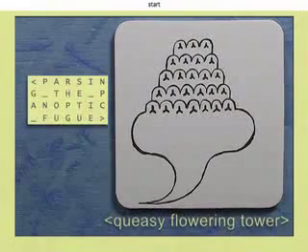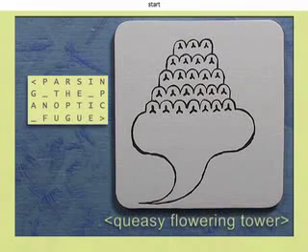Defying the laws of chaos apparent in the movement of fluids, the cloud manifests itself as an ordered structure for a flashing instant. This is called the queasy flowering tower. It's a strain to make an accurate description of its form from such a brief observation, but this schematic representation seems to come close. The cloud forms a balanced and stable tower founded on a row of 7 bulging cloud